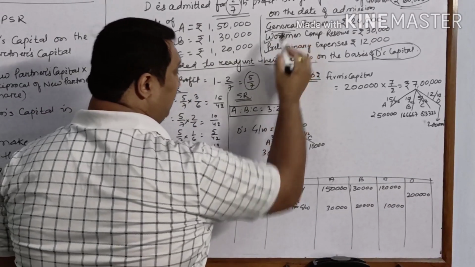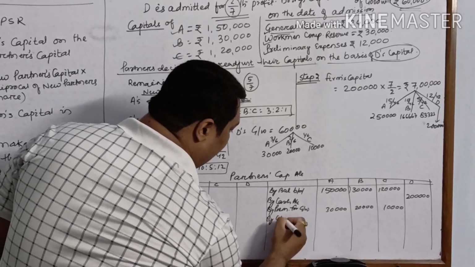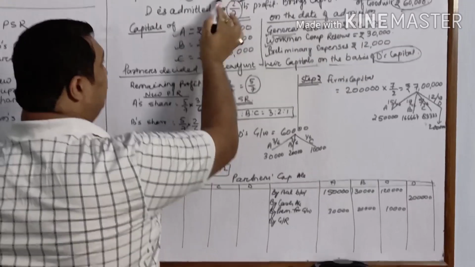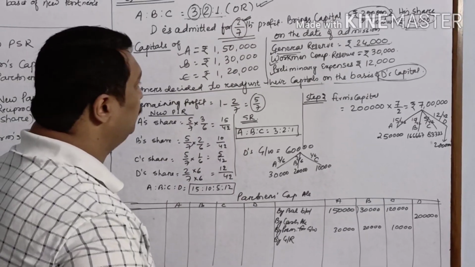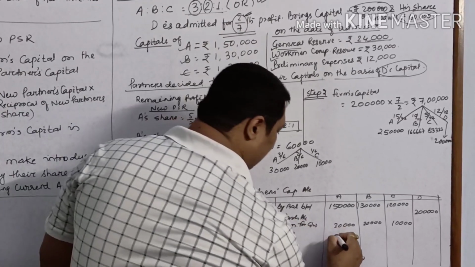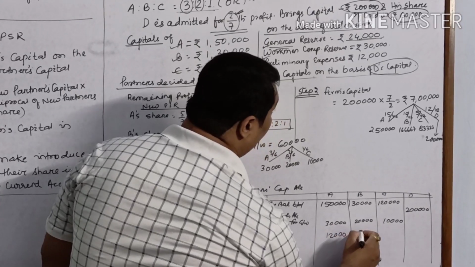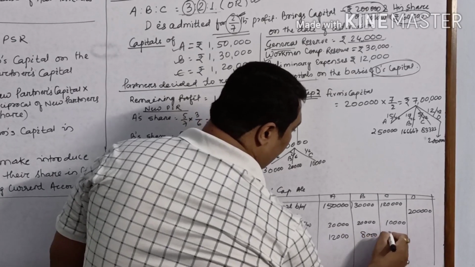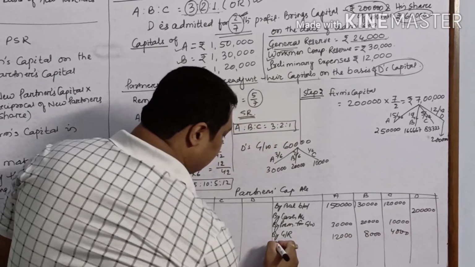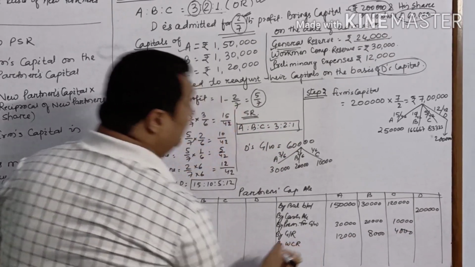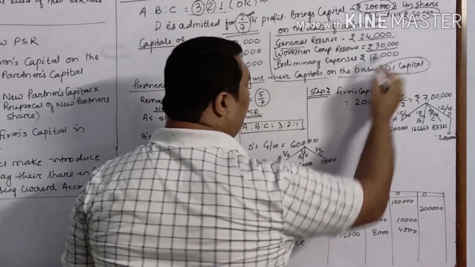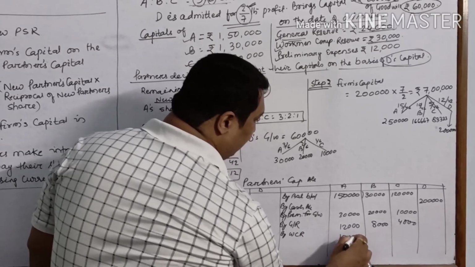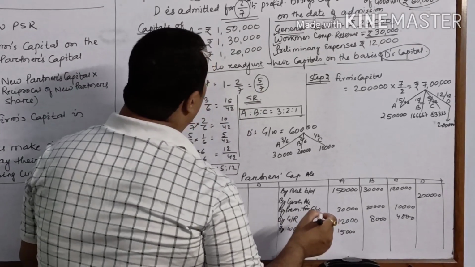After that there is general reserve, so we will distribute by general reserve. It is 24,000. It will be distributed in the old ratio, that is 3:2:1. So it will be 12,000, 8,000 and 4,000. Similarly, there will be workmen compensation reserve distributed amongst the old partners in the old ratio. It will be rupees 15,000. It will be rupees